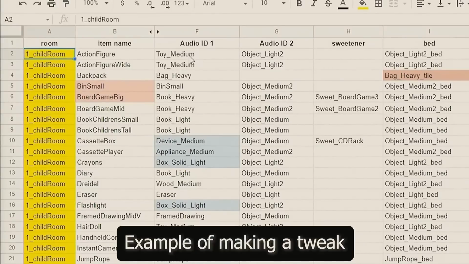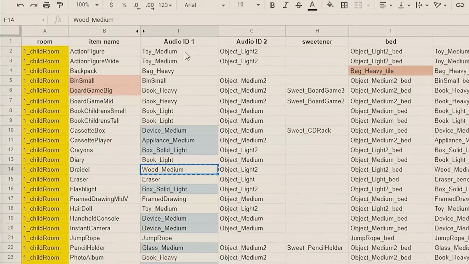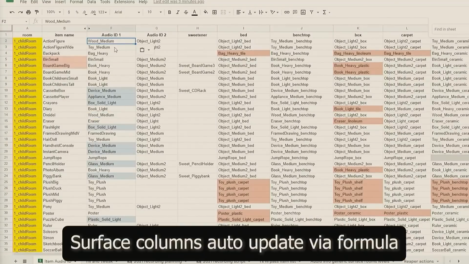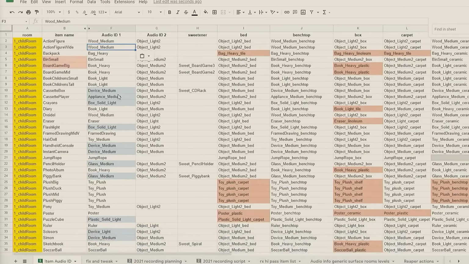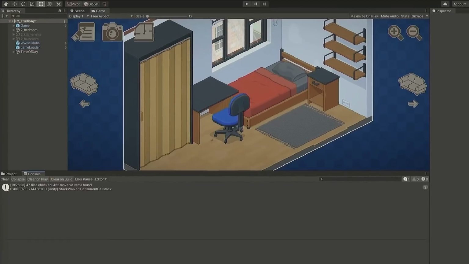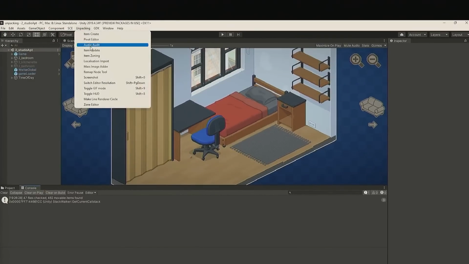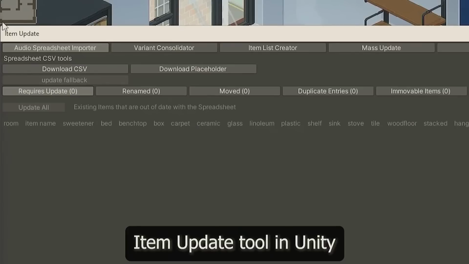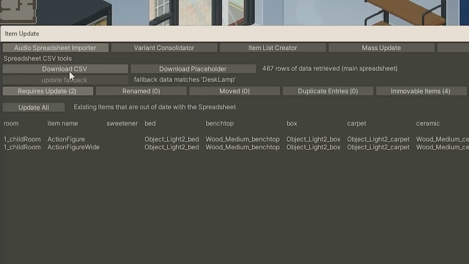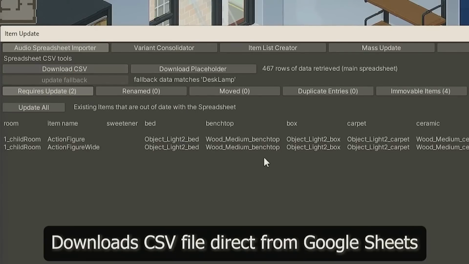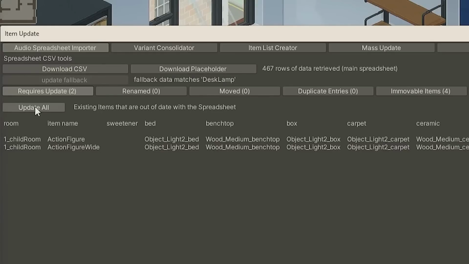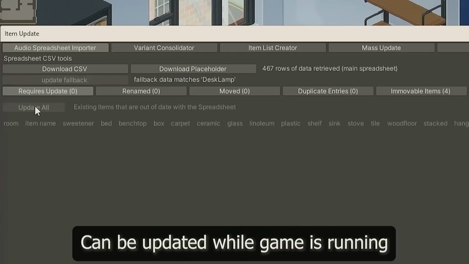So what I'm doing here is I'm making a little change to show you how we would import this data into Unity. So I'm just copying this and replacing this audio ID. You can see the columns changing with that change. Now I'm switching over to Unity, and I'm importing this data by downloading the CSV, and Tim made it so it would actually download the CSV directly from Google Sheets, which I thought was amazing, straight into Unity. I click update, and that change that I've done is now live in the game, and it could be updated while the game was running,